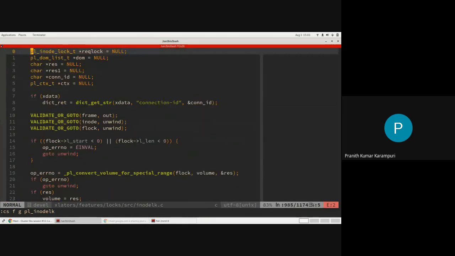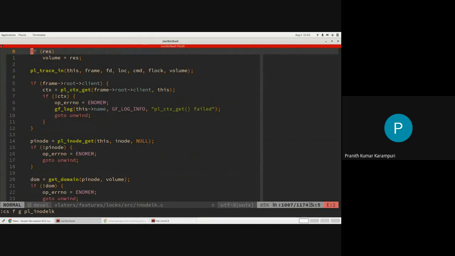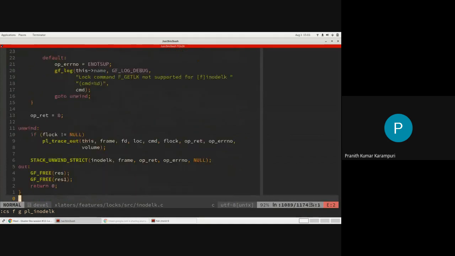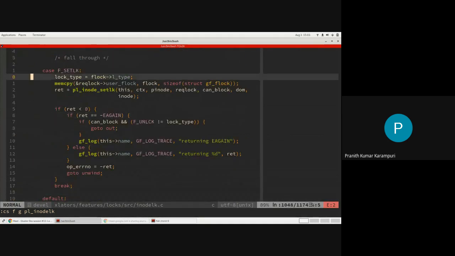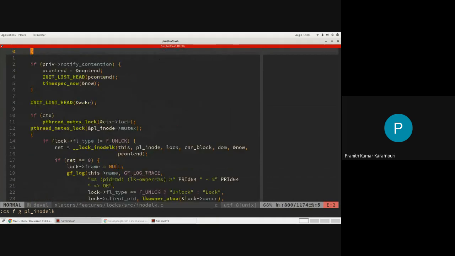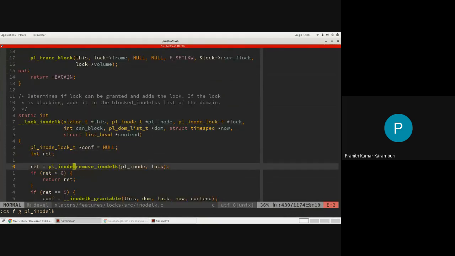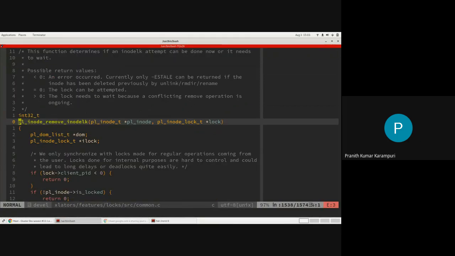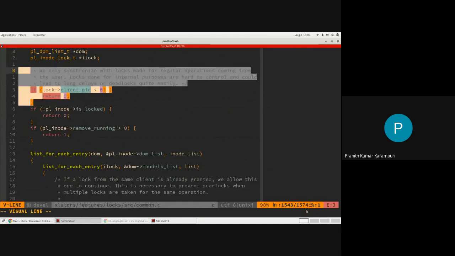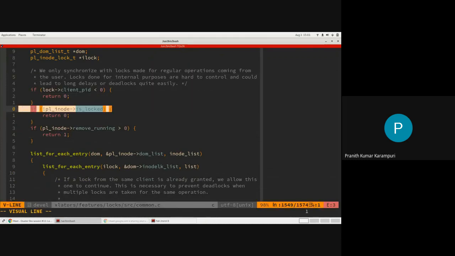This is the same code path we looked at last time, but we are going to look at it from the perspective of inode remove, the handling of this inode removal. It is here. Yeah. So this is the code path that handles the synchronization with the unlinks and all that. There is some special handling. This is a bit more involved, but if it is not locked, that means no unlink operations are going on. There's nothing to do here.